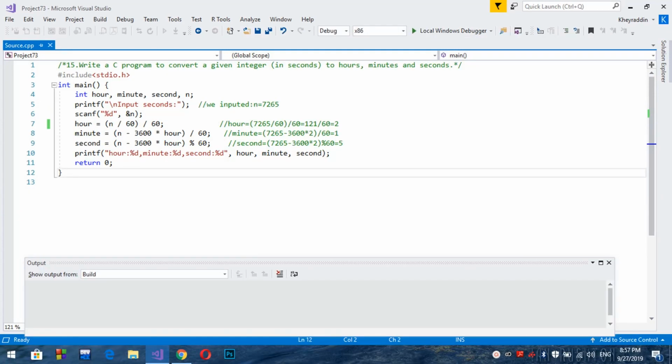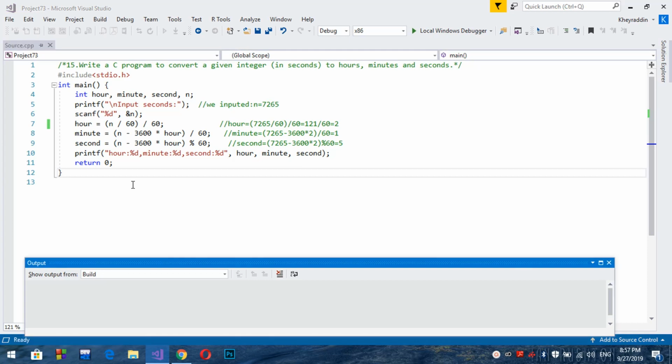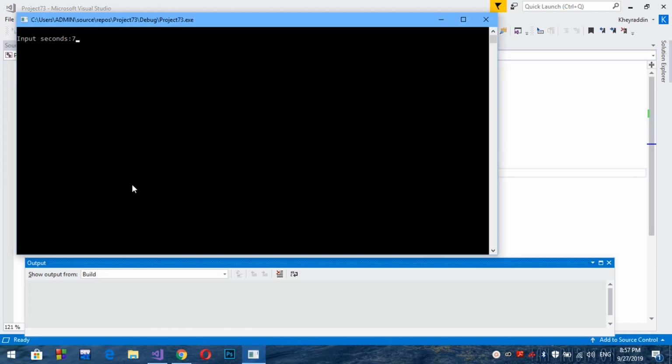Write a C program to convert a given integer to hours, minutes, and seconds. We input 7265 and we should apply calculations for hour, minute, and second. 7265. Let's check it out. 2 hours is 7200 seconds plus 1 minute is 60 seconds and plus 5 seconds is equal to